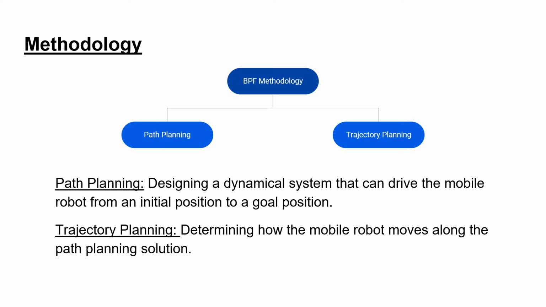Methodology. This methodology deals with motion planning that includes two different but complementary tasks, which are path planning and trajectory planning. The first one consists of designing a dynamical system that can drive the mobile robot from an initial position or state to a target position or goal, whereas the trajectory planning focuses on determining how to move the mobile robot along the solution given by the path planning algorithm in a way that the mechanical limitations of the mobile